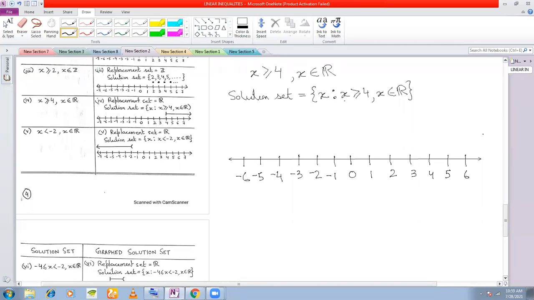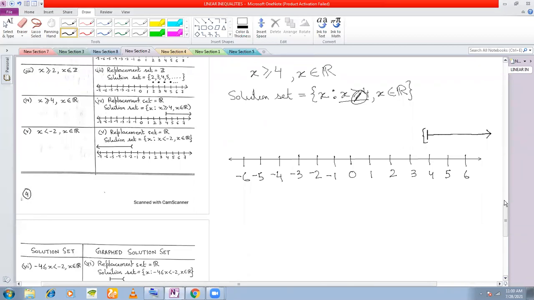Now look at this. x is greater than or equal to 4. You see this equality symbol here? Because of this equality symbol, we give a small vertical line over 4, because x is greater than or equal to 4. And because x represents real numbers greater than 4, we give an arrow like this to represent that all the numbers greater than or equal to 4 will be the solution set. Whenever the equality sign is there, we give a vertical line.